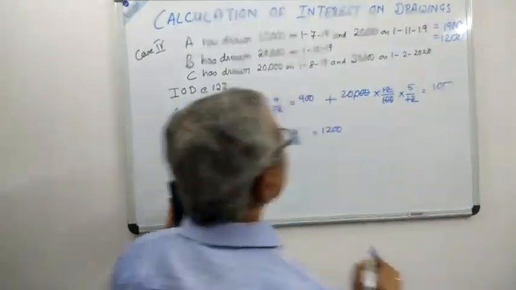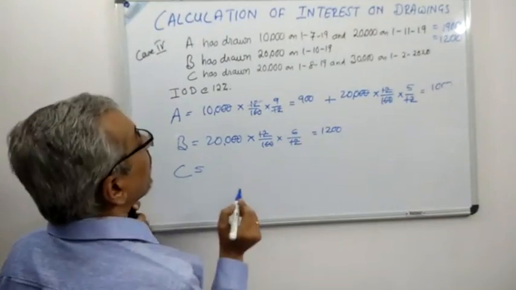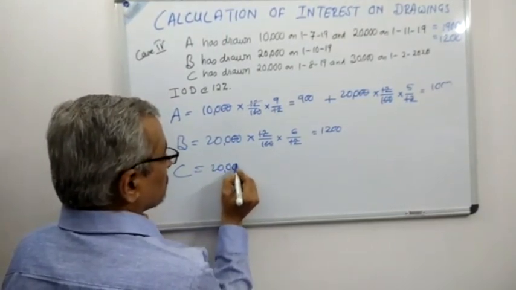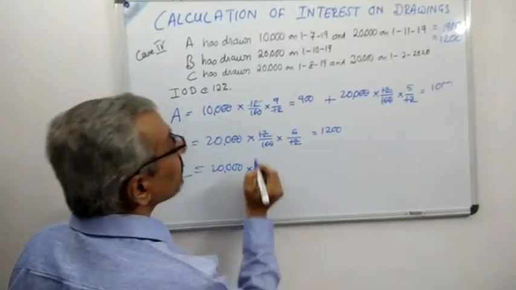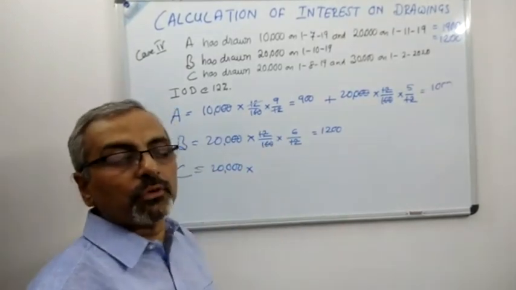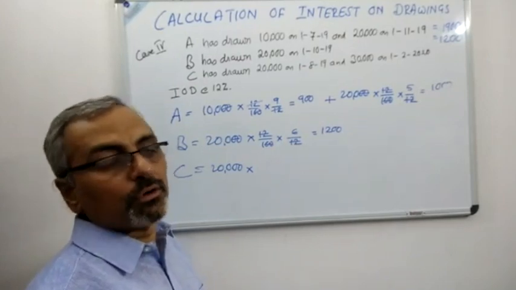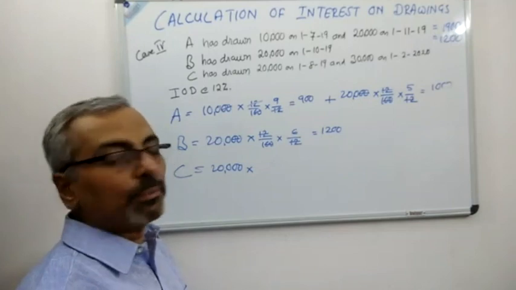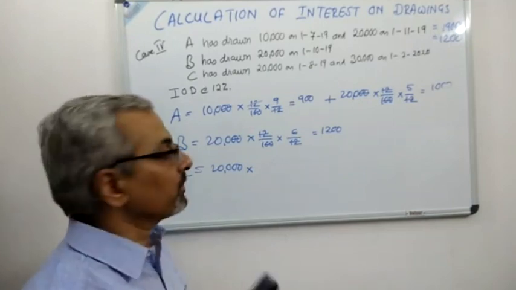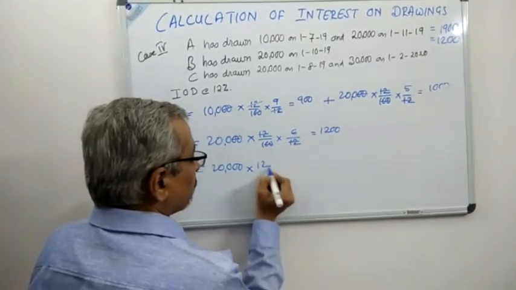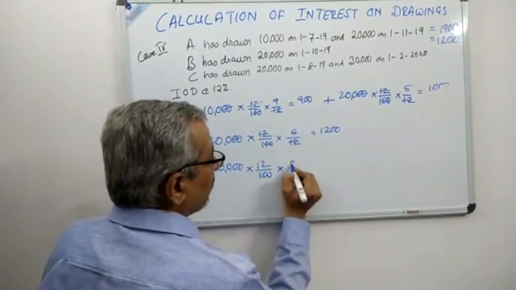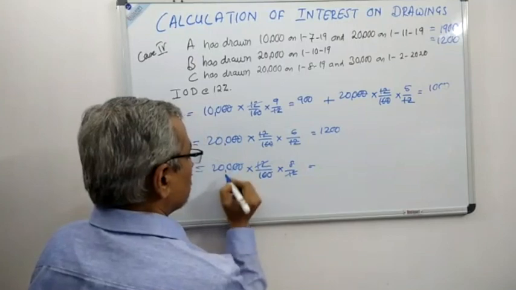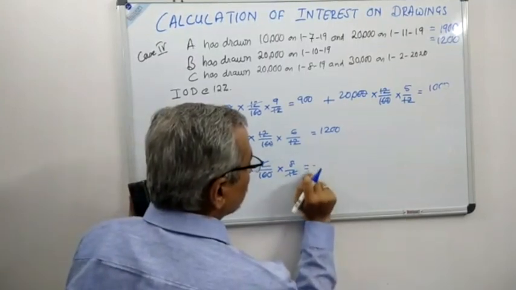And now let us take C. C, we have 2 drawings. First drawing has been made is 20,000. When it is being drawn, you can see 1st of August. So from 1st of August to 31st of March, how much time will be? 1st August to 31st of March will be 8 months. So we'll calculate interest on the basis of 8 months. So 12 by 100 into 8 by 12. We'll cancel the 12, we cancel the 0, so we end up getting 1600 over here,